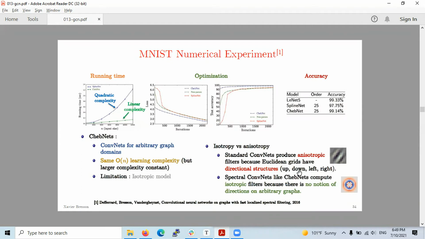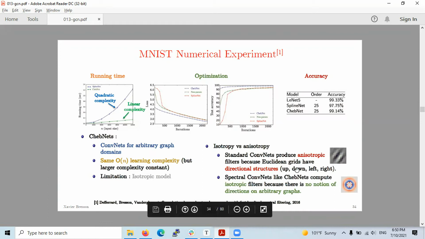So if I start from the center and move outwards radially, if I go in the x direction, for example, the variation of the weights is different compared to if I go in the y direction. So this is anisotropy. There is a certain form of direction in the weights that are being learned in standard coordinates because of the Euclidean nature of the information.